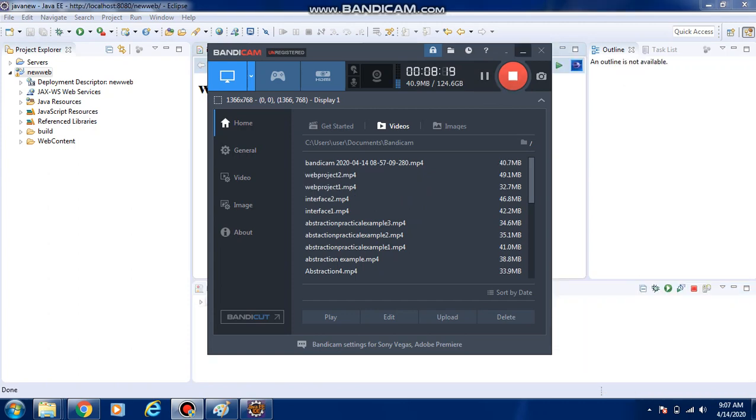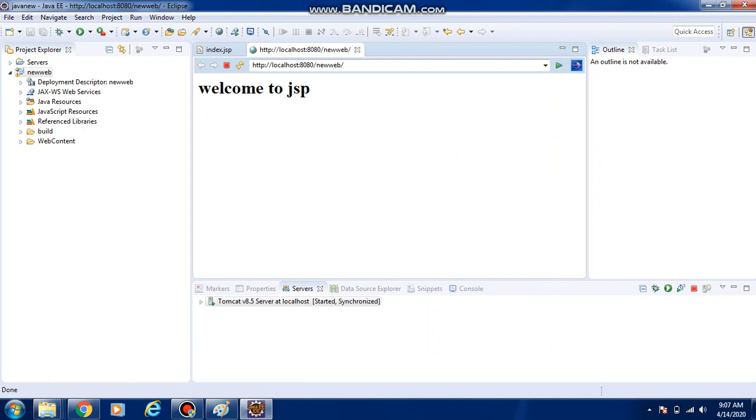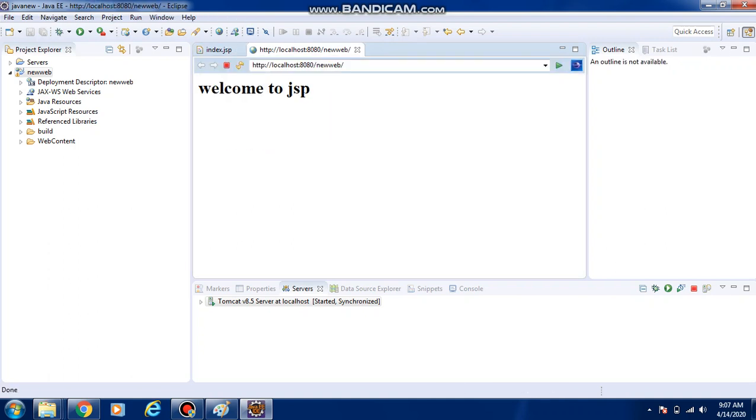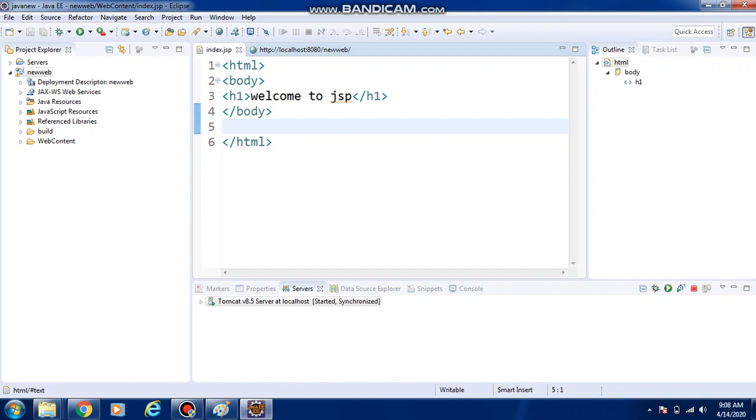See, after executing our program, what output is it showing? Welcome to JSP. By default it is executing in the browser. Now I hope everyone is clear.